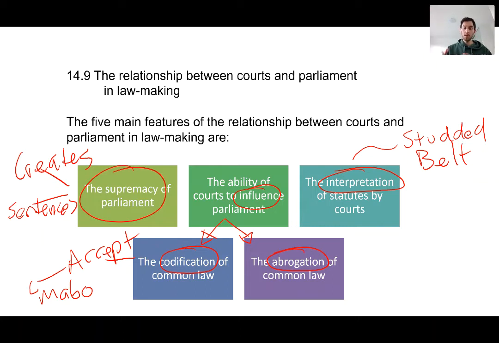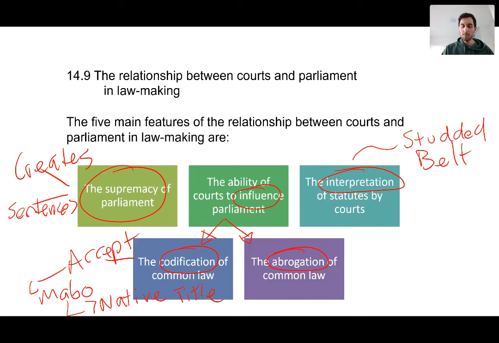Parliament then looked at that precedent that the courts had made and turned it into a piece of legislation called the Native Title Act. Essentially, that piece of legislation codified, or wrote down formally, the processes and ways by which Indigenous people could make claims over ownership of land and things like that. So codification is when Parliament looks at a precedent set by court and says, we really like that. Let's write it down properly and turn it into a statute, so it's easy to read.